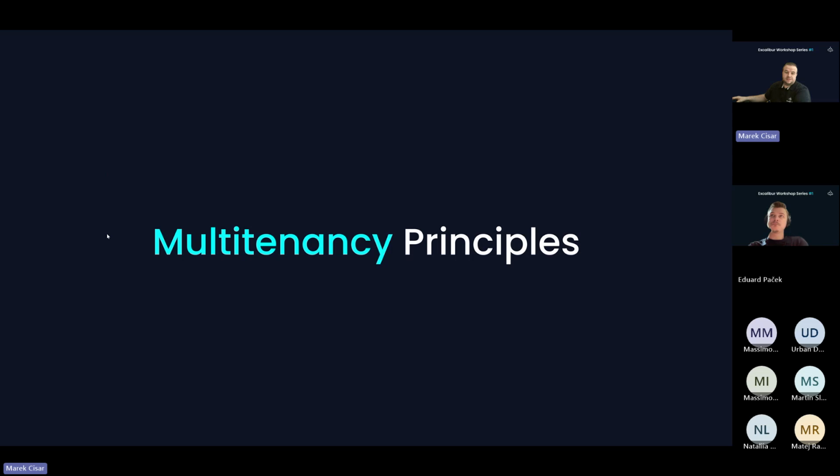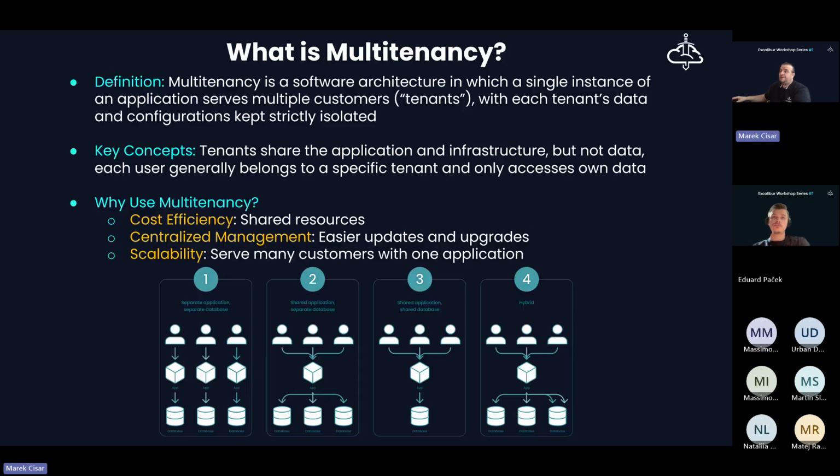So let's begin with the main topic, which is basically focused on multi-tenancy, its principles, and how we managed to build the multi-tenancy functionality into the Excalibur SAM. All right, so first we can ask what exactly is multi-tenancy.